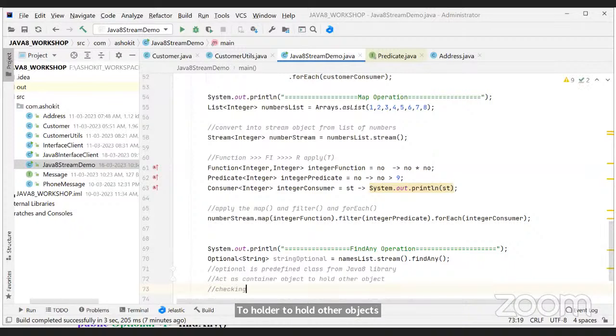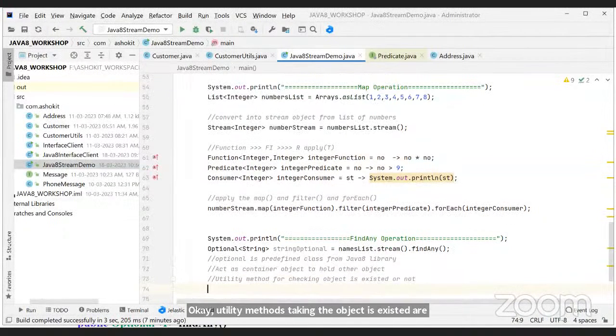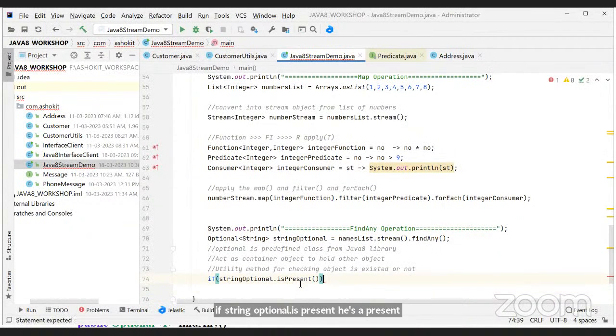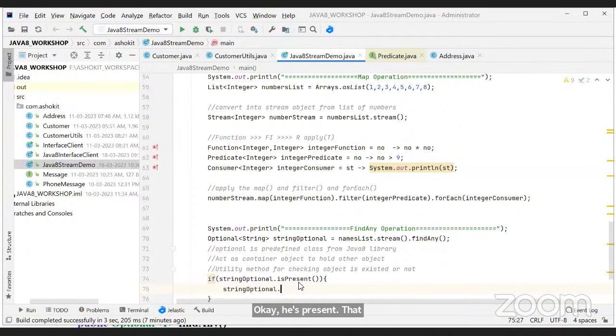We do have some utility methods for checking whether the object exists or not. So observe carefully, guys. If stringOptional.isPresent means the object is present, then I can call stringOptional.get. What is it going to return, sir?